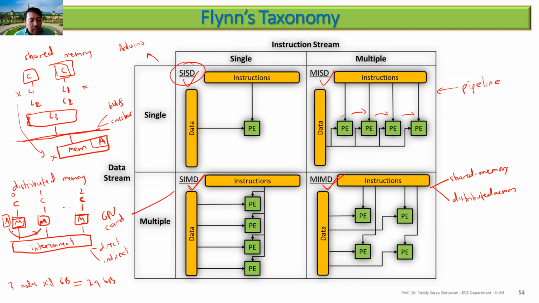So you need to have send and receive: send from node 0 and received by node 1, sent by node 0 and received by node 2, and so on. After you receive, then you have the variable A here. So this is the concept: it is shared in essence, that is a shared variable, but you need to specifically send the variable.